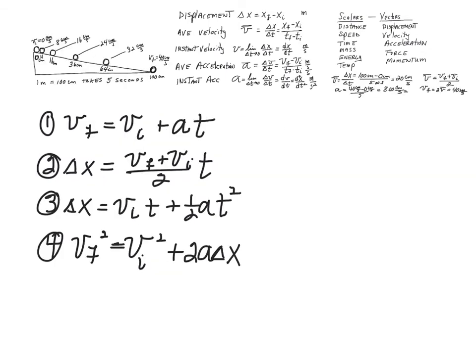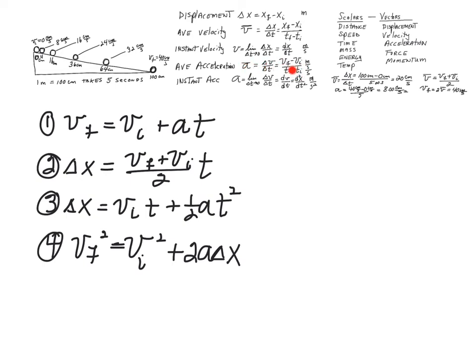Okay, last thing I want to mention is if you go to your equation sheet, you'll see first these 5 equations, and then following them you'll see these 4. So these 4 equations are called the equations of motion or the kinematics equations, and these are the equations that 9 times out of 10 you will use to solve problems. Occasionally you might use this one, but notice if we go up here to this equation